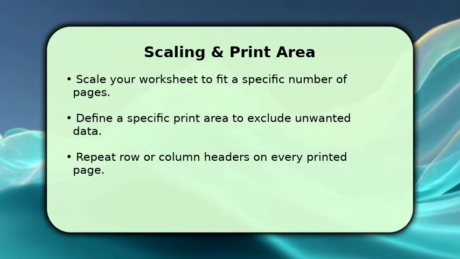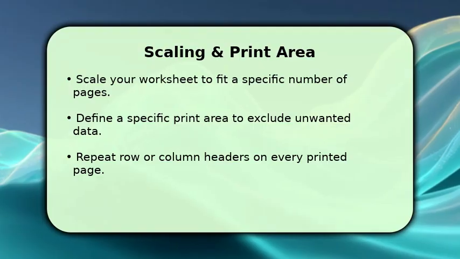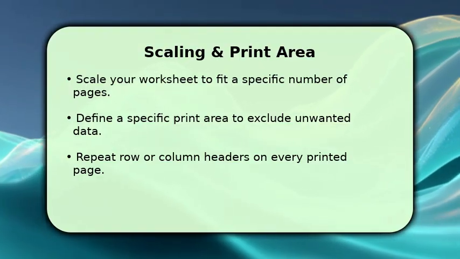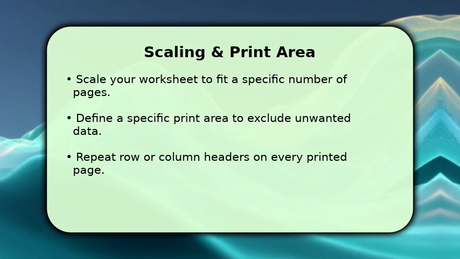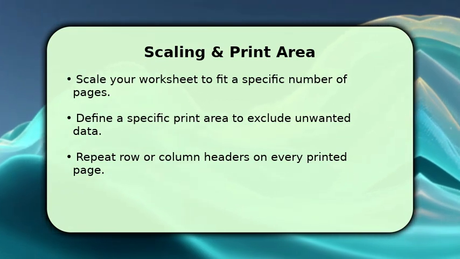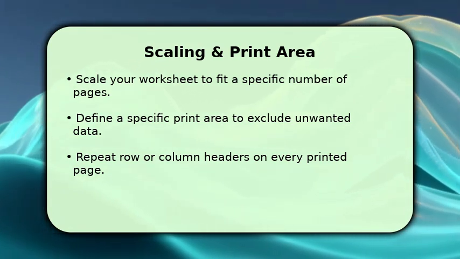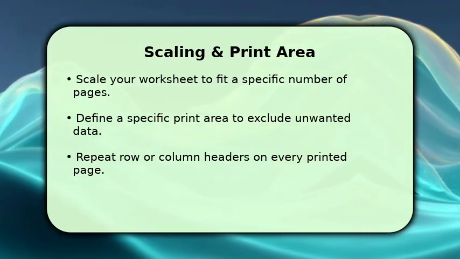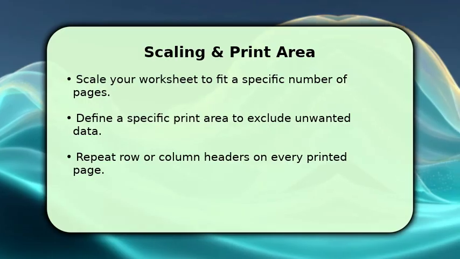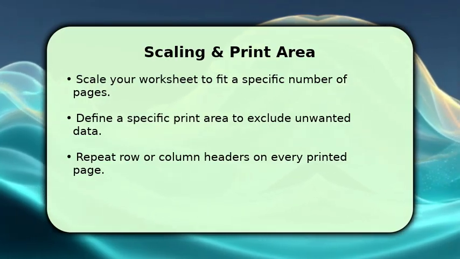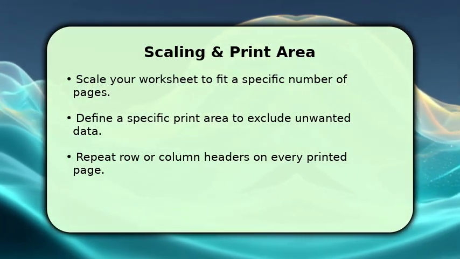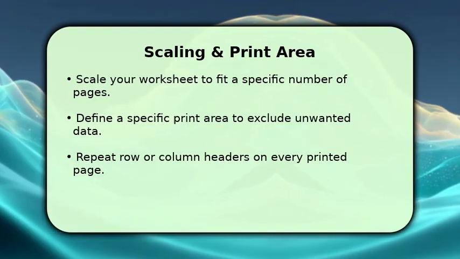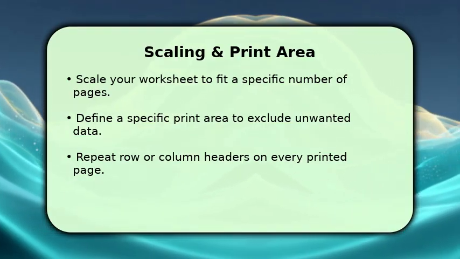Excel offers powerful scaling options, allowing you to shrink or enlarge your worksheet to fit a specific number of pages, like 1 page wide by 1 page tall. You can also define a specific print area, ensuring only the data you want is included in your printout, excluding any unnecessary information. Additionally, set your print titles to repeat important row or column headers on every single printed page